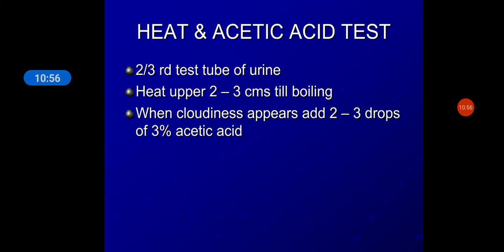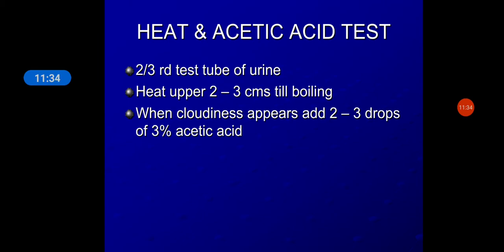So for the urine test, how will you do this test? This is important for you. You need to know how to test for proteins, how to test for glucose, how to test for blood in urine, right? Then bilirubin, bile salts and bile pigments. So these are the things in chemical examination. So let's see each one. How will you detect proteins in urine? That is basically done by the heat and acetic acid test and the sulfosalicylic acid test. These are the two tests done for urine to detect proteins.